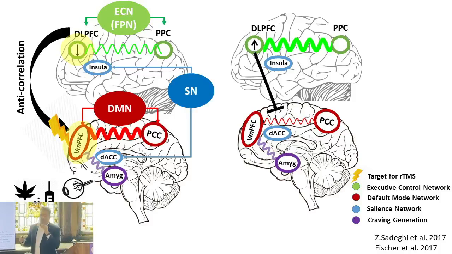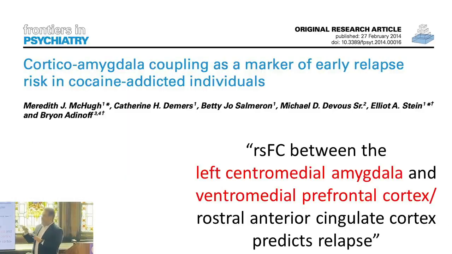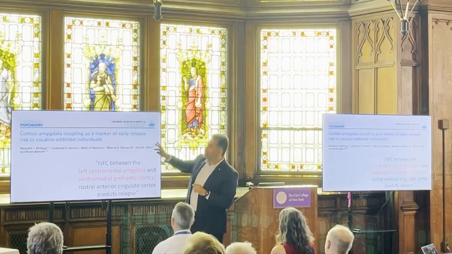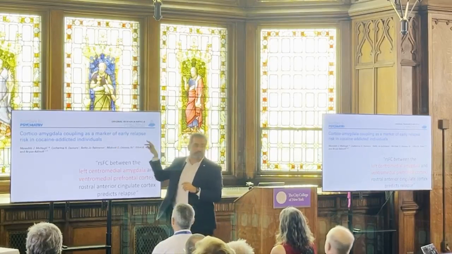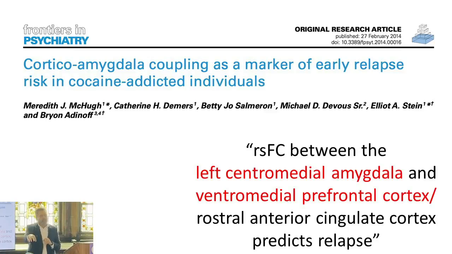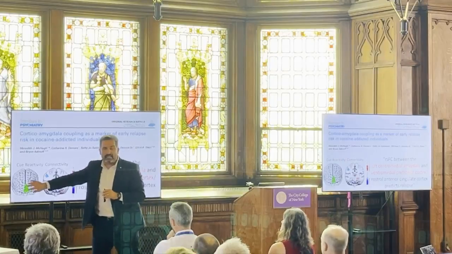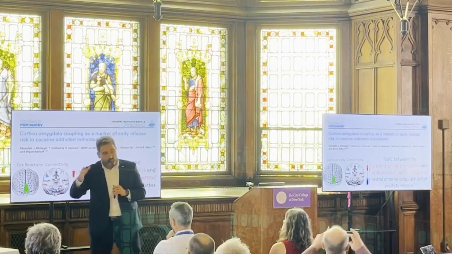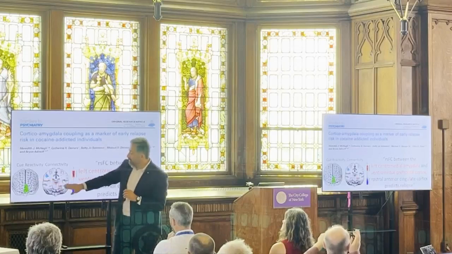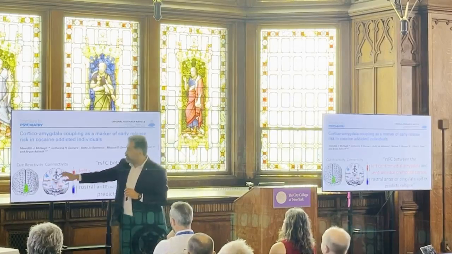But thinking about how to target frontopolar cortex and how we can engage it, there is a nice paper from Elliot Stein, Kim, and Brian Adinoff that showed that cortico-amygdala coupling is a marker of relapse. Interestingly, when you go inside the paper, the connection between left centromedial amygdala and VMPFC, and the area they are talking about as VMPFC includes frontopolar cortex, which is quite interesting. That connection was a predictor of relapse. So we put an extra analysis in our database targeting frontopolar cortex to see where it is engaged inside the brain. And there is one node in left centromedial amygdala, the same area,